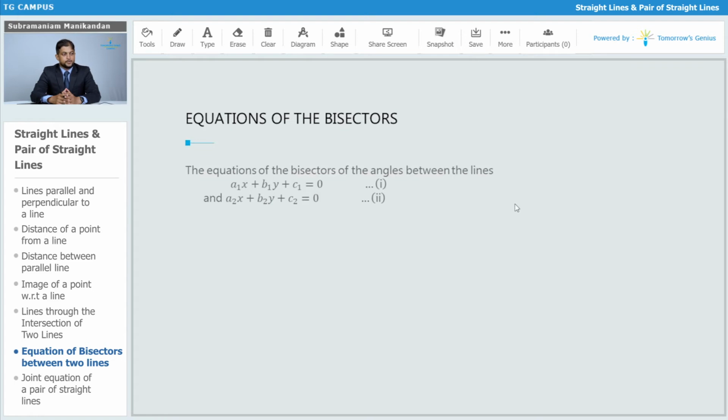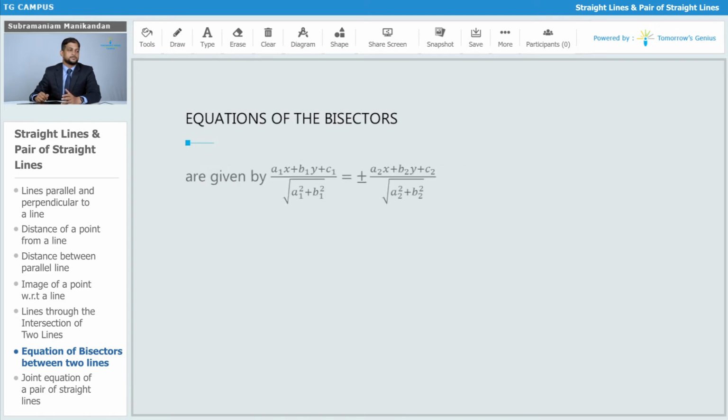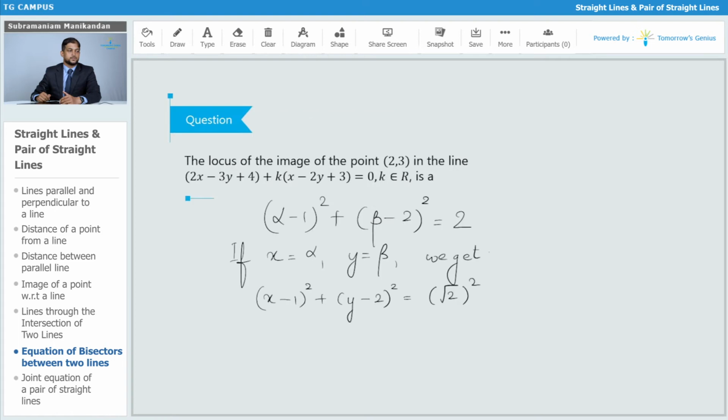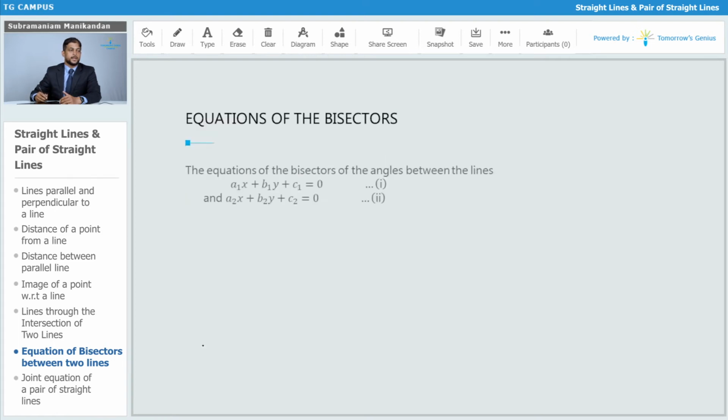The equations of the bisectors of the angles between the lines a1x + b1y + c1 = 0, the first equation, and a2x + b2y + c2 = 0, the second equation, is: (a1x + b1y + c1) divided by the square root of a1 square plus b1 square is equal to plus or minus (a2x + b2y + c2) divided by the square root of a2 square plus b2 square. And so we get,